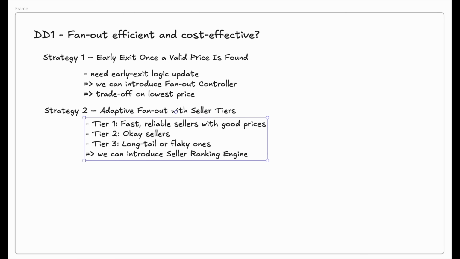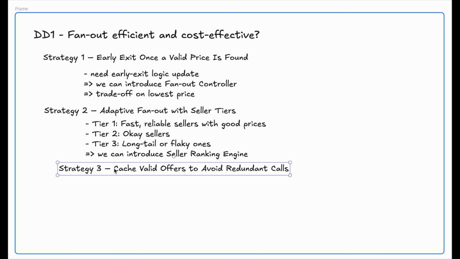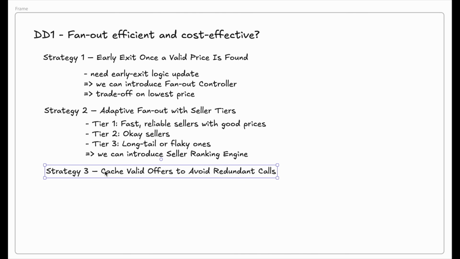Strategy number 3, cache valid offers to avoid redundant costs. The third strategy is caching, which also benefits our end-to-end latency requirements. Let's say seller A just sold us 10 seconds ago, and they have the book X for $25 and 500 copies are available. If another user asks for the same book right now, do we really need to call seller